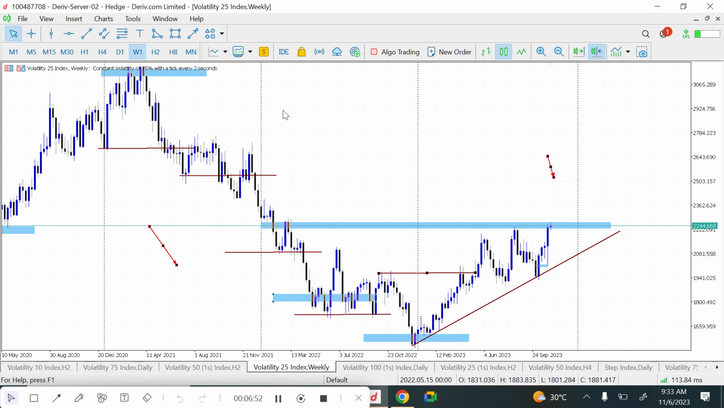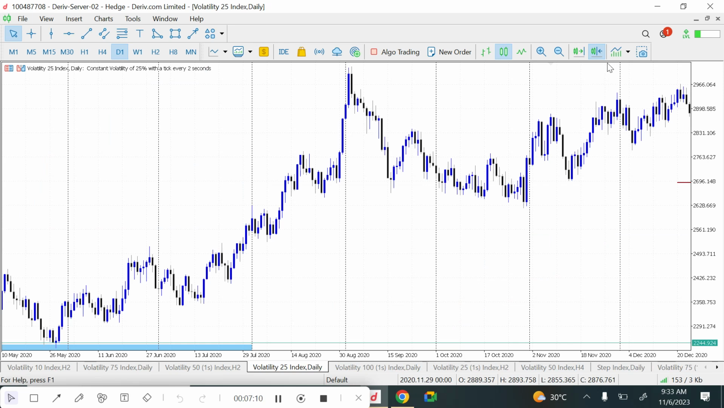So going down to the, okay, let me mark this level as well. This is another important level. If price is to come down into this level, retest before we get another push to the upside. That is if it is going to come down from this resistance zone right here. So going down to the daily time frame,